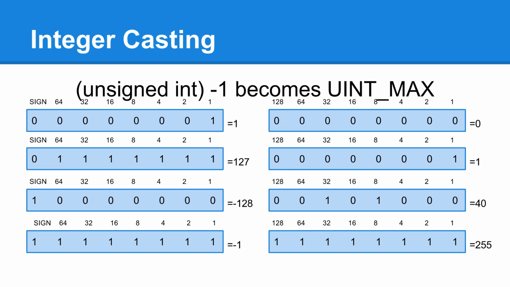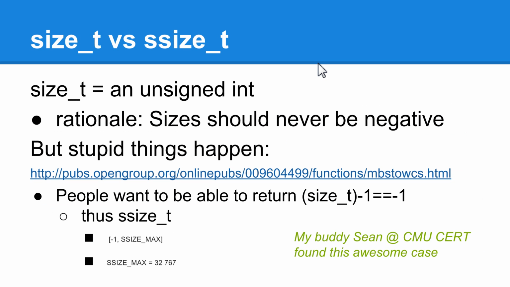As far as integer casting, if you take a negative value and cast it as unsigned, for instance if you take -1 and you cast it as unsigned, it's going to become unsigned integer max, or, well, this slide is copy and pasted, so it's not going to become 255. I forget off the top of my head, 655 something for 32-bit. And so